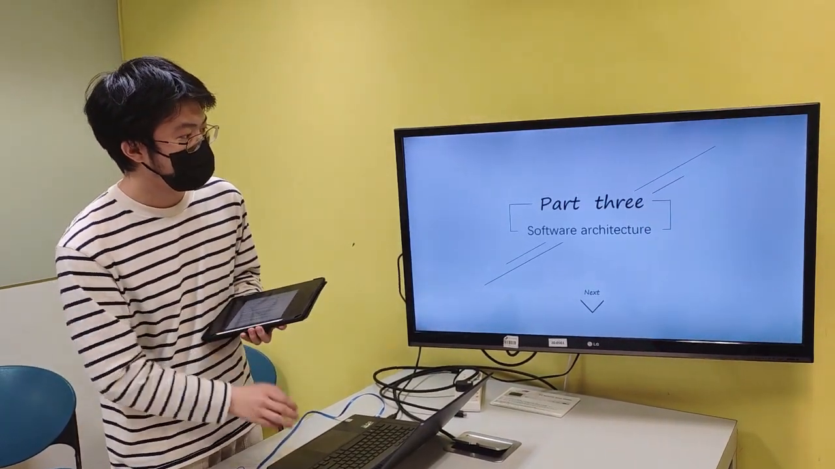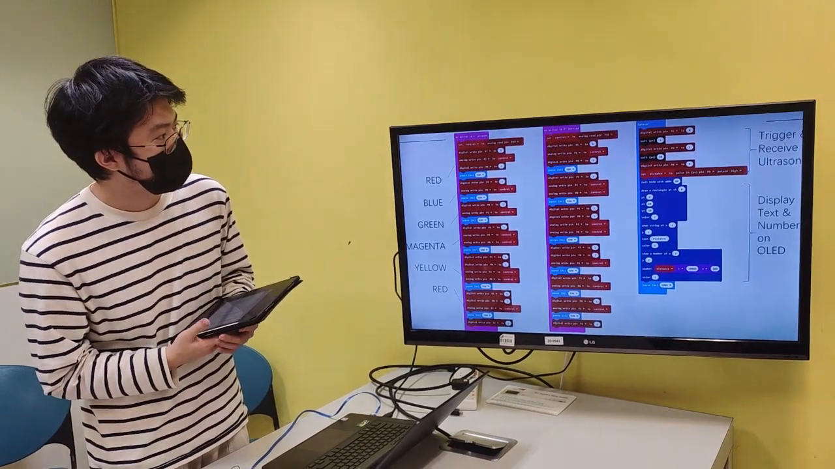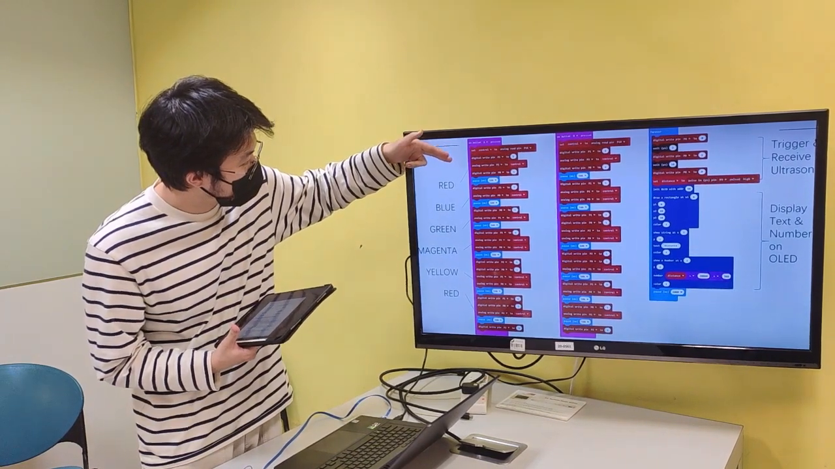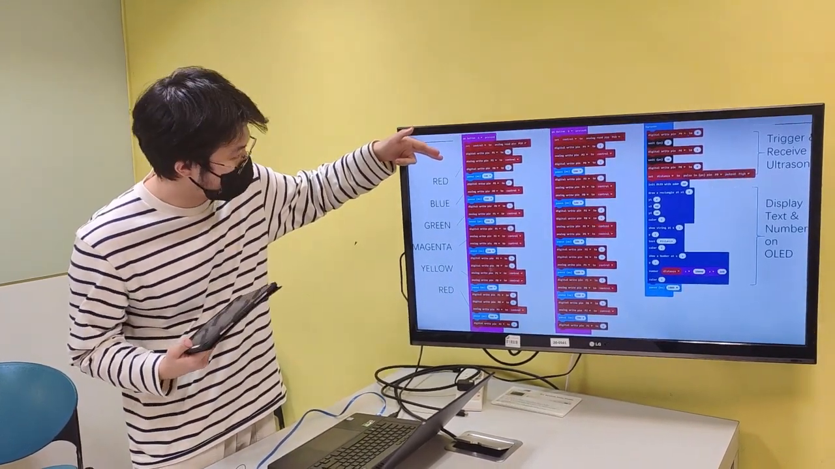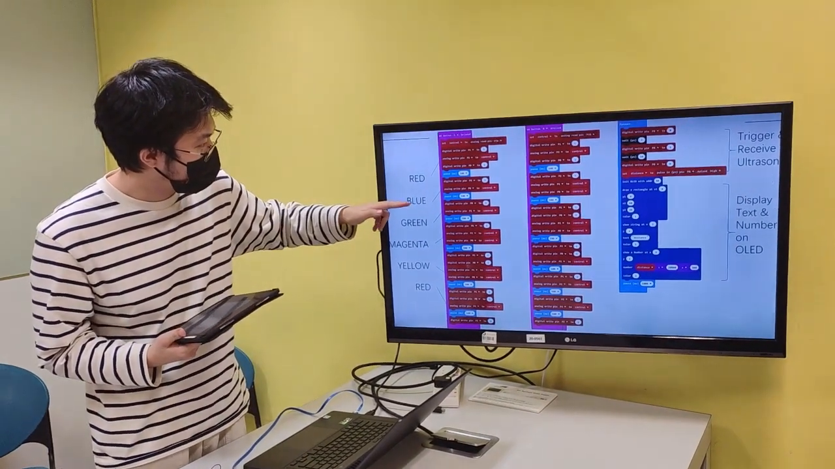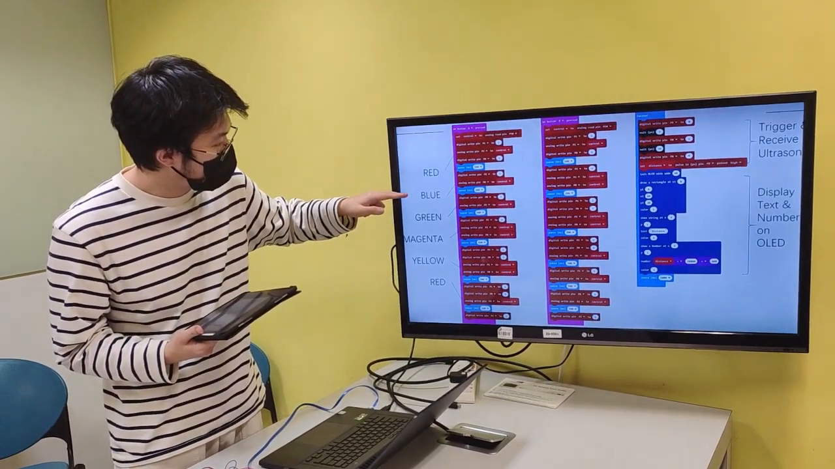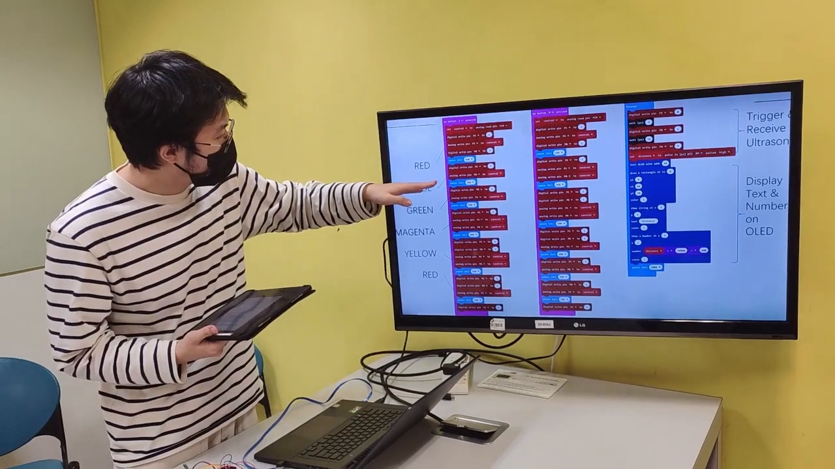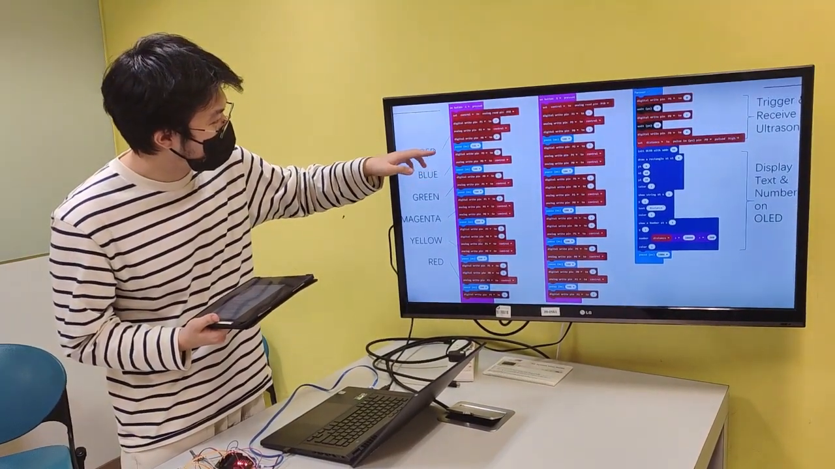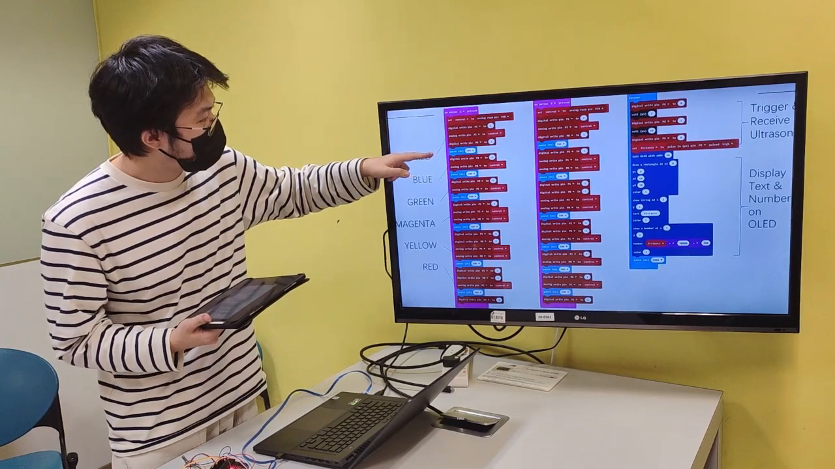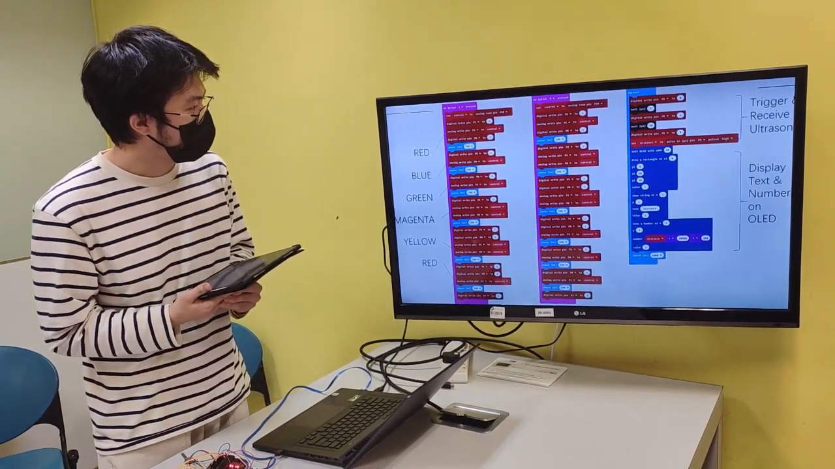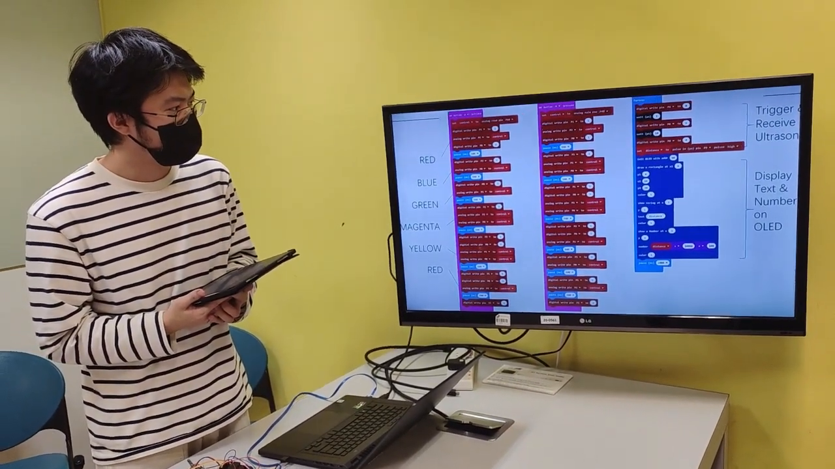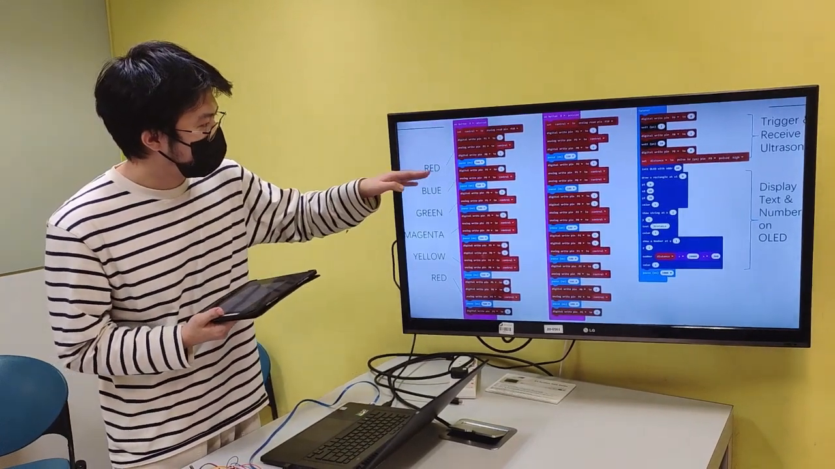Part 3 is software architecture. Here is my code. This part represents red color. Red color turns on red. This part turns on blue color, and so on. And before turning on the next color, there is a pause of 500 milliseconds to get an effect of blinking every 0.5 seconds, and then after the pause,